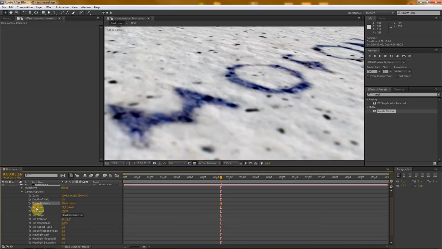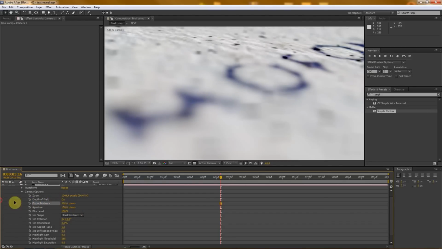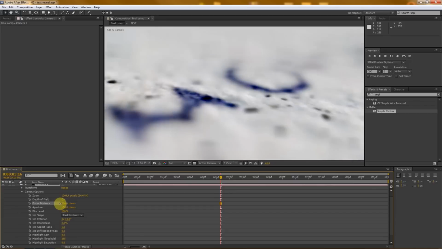So I usually do this, that I set the aperture to a really high number, maybe 150, and then I use this focus distance. While holding shift, it goes in